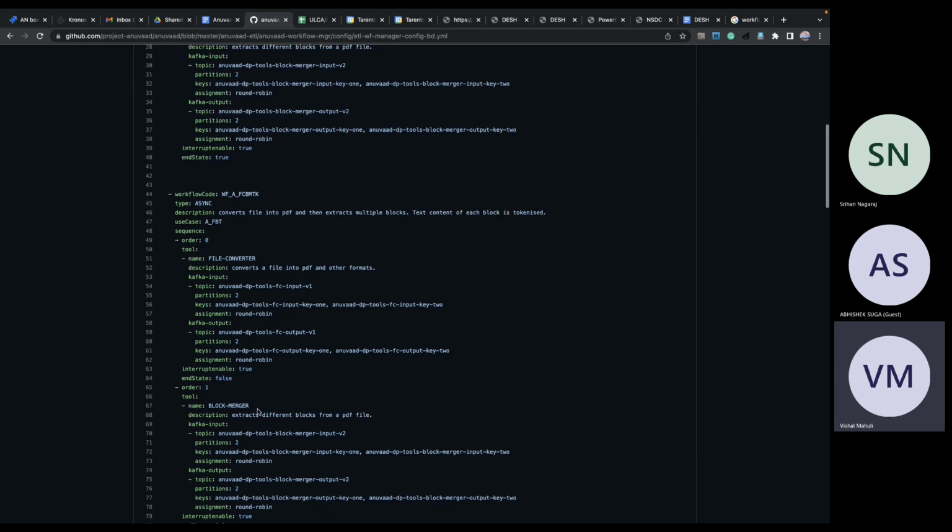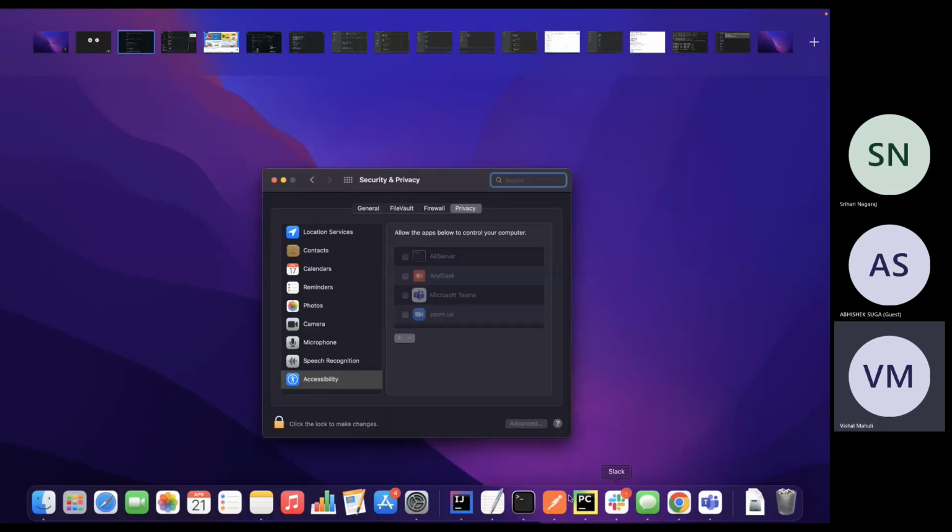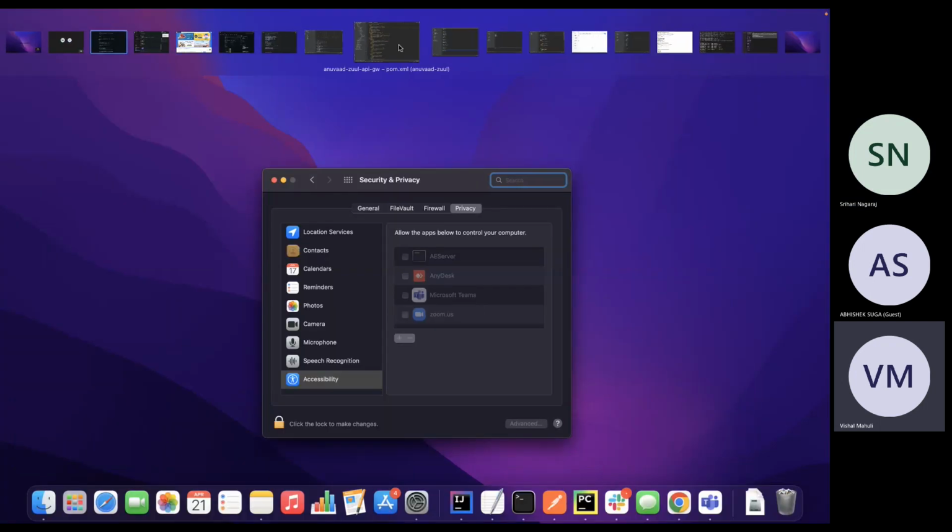So these are the two types of workflows. This is how you configure the workflows inside the system. And the philosophy, anyway, you understand. Then apart from that, in terms of code,